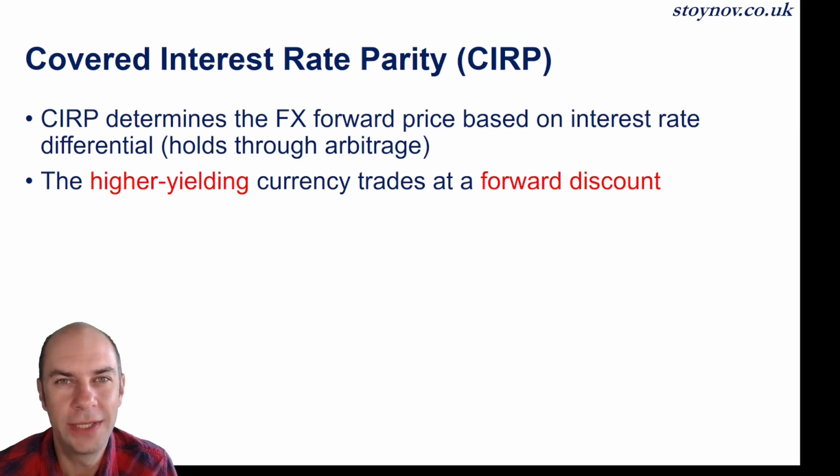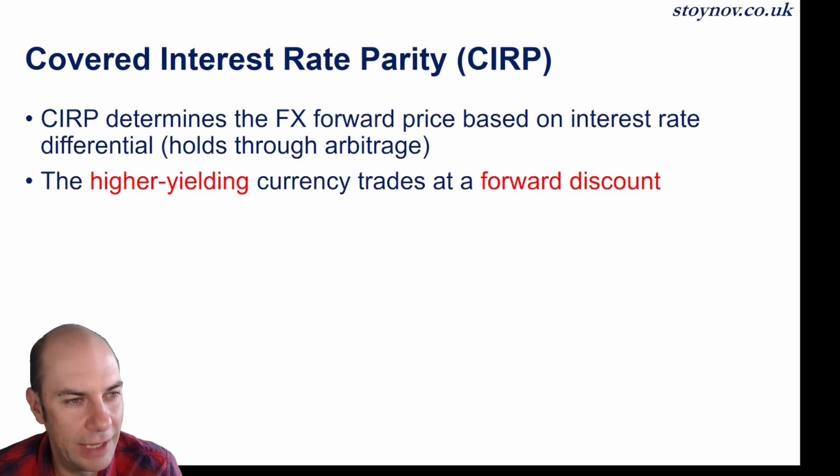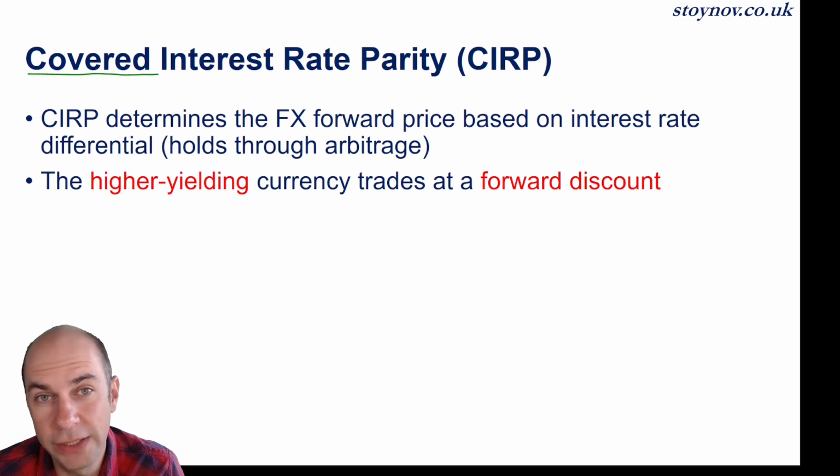We're going to look at the covered interest rate parity. Now, we have seen this parity at level 1. We just didn't call it covered. We just called it interest rate parity. Here, we give it its full name, which is covered interest rate parity, or CIRP. So what it does is it determines the price of the forward contract on the exchange rate based on the